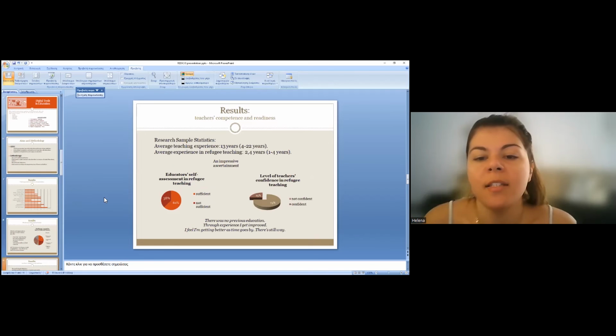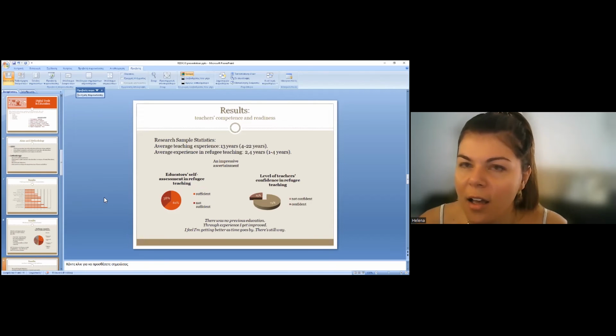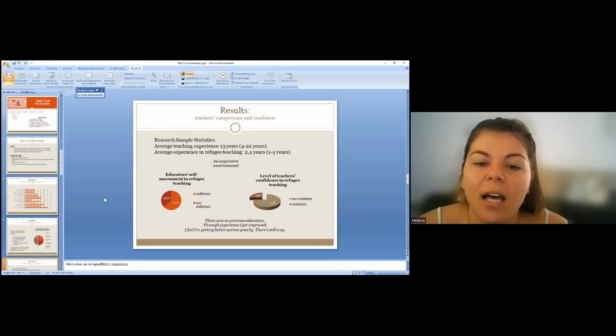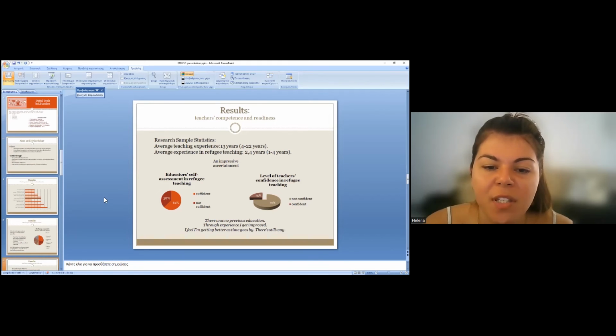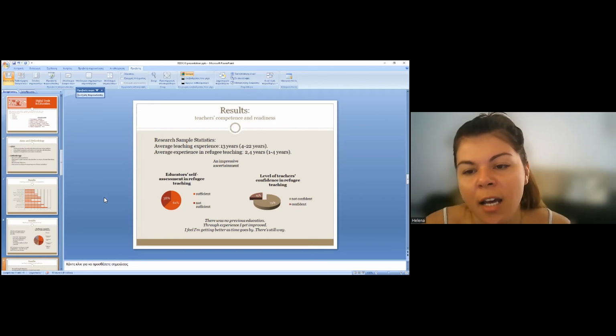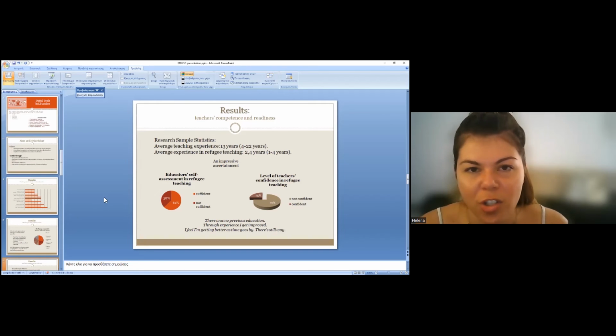Another impressive finding that I would like to mention is something which is a little bit contrary, let me explain. Educators self-assessed themselves, and they said that they were sufficient enough to teach refugee children. 62% said that they were sufficient enough. However, only 25% said that they were confident while teaching refugee children.